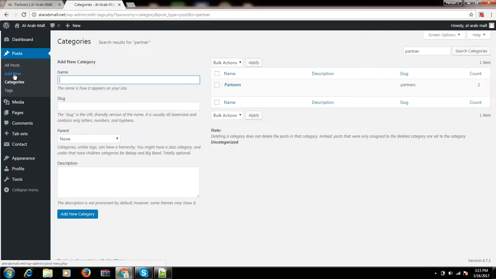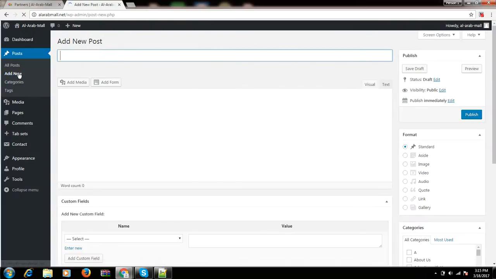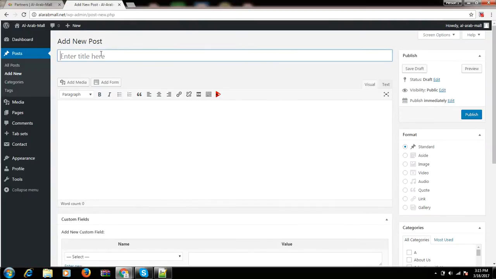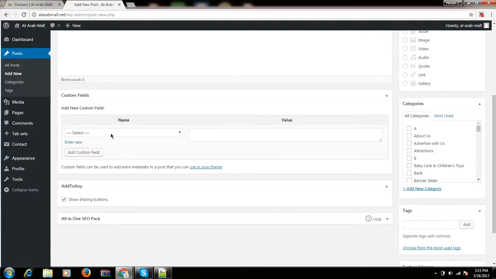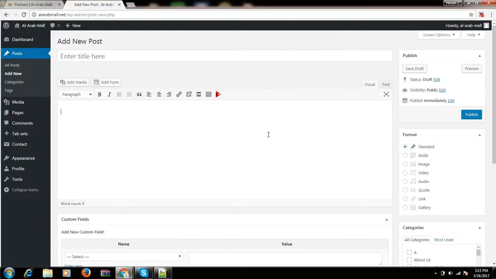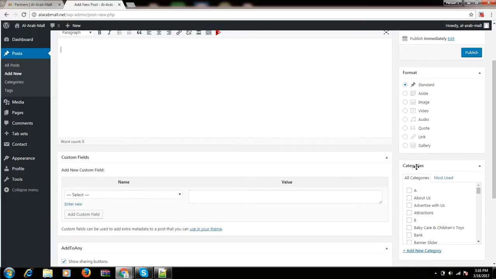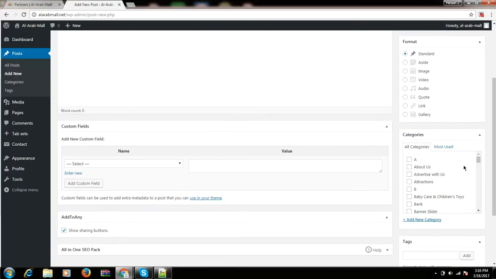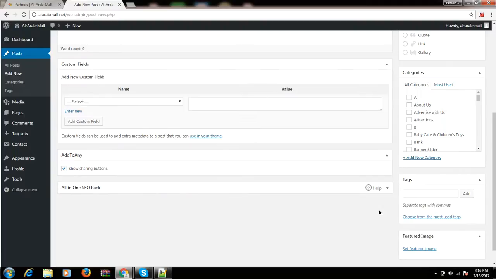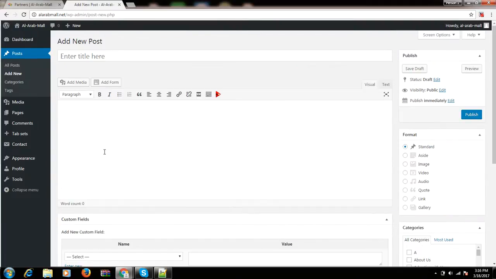To add the new post, just click on add new. You will come to a page where you can put the post details like post title, post content, and as I previously said, we need to bind the post to the category that has the same behavior. So to assign the category, here on the right side you will see a category block with all the categories that have been created. So just mark the category where you want to put this post and publish it.